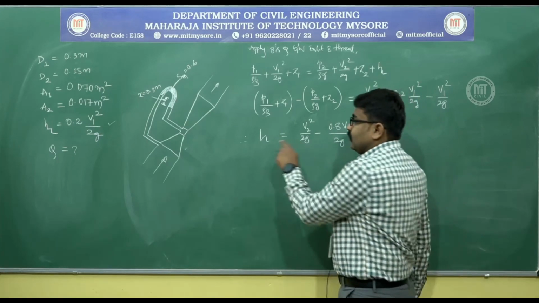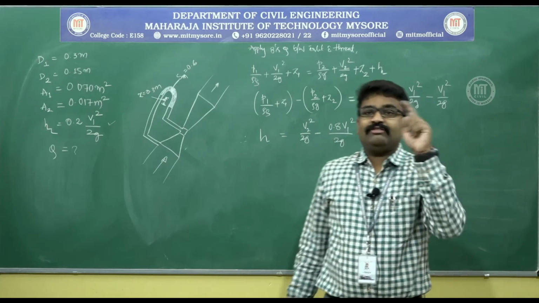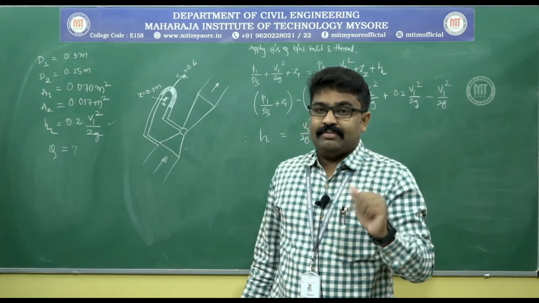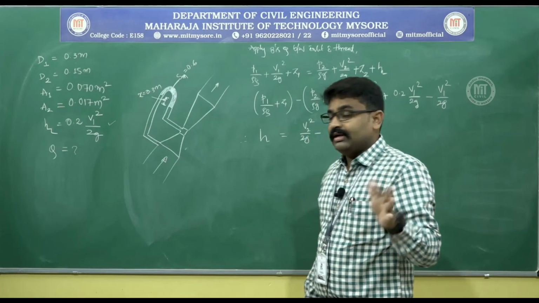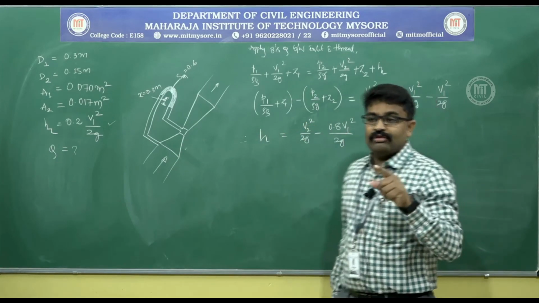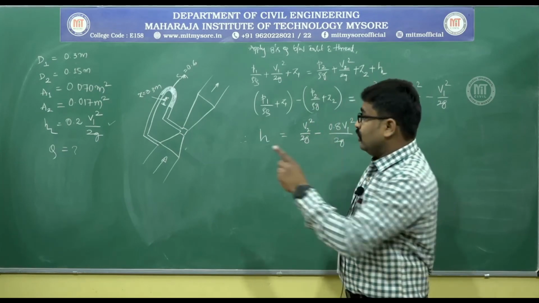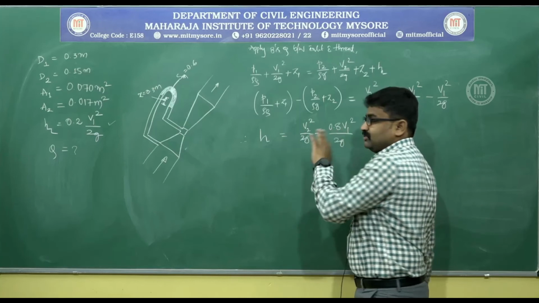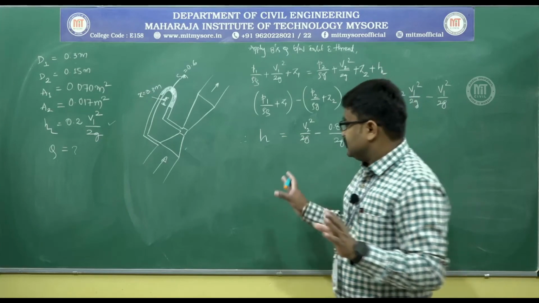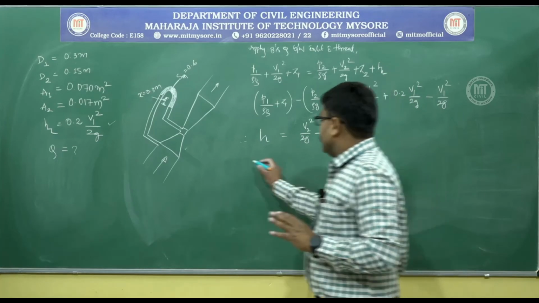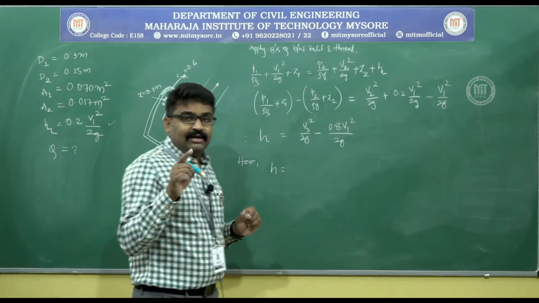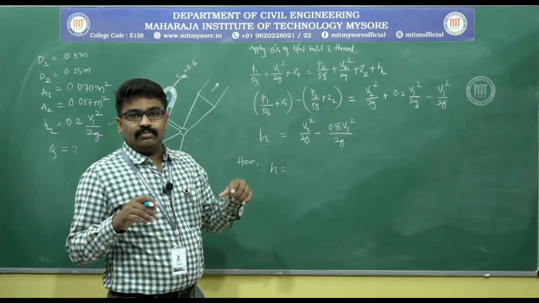Now in this equation, what is H? You can now use another equation for H, that is X into 1 minus Sm divided by Sp. All the things are known in that equation, so you can calculate H. And on the right hand side, you have two unknowns. You have one equation and two unknowns, it cannot be solved. So use continuity equation and keep V1 in terms of V2 or V2 in terms of V1, and then you can find out what is the answer. So how do I do that? Here H is equal to, so it is an inclined venturi meter attached with an inverted U-tube manometer.